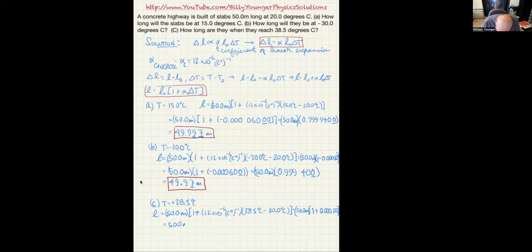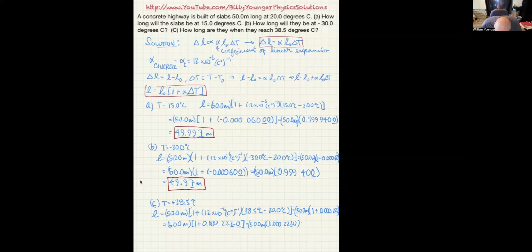my significant digit knowledge, which again, we had 3 sig figs, and we only reduced it down to 2 by multiplying it by the 12 times 10 to the negative 6. So we're going to get 1 plus 0.000222. So we only really have two sig figs. That means this and this are not significant. And this is all 50.0 meters times 1.0002220, like that. I'm going to multiply that by 50,